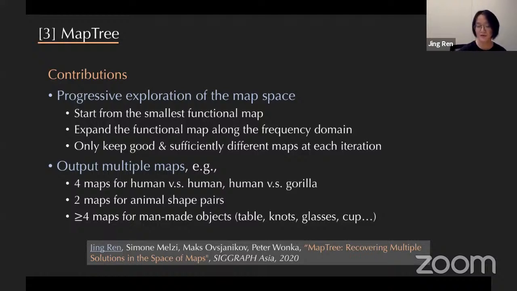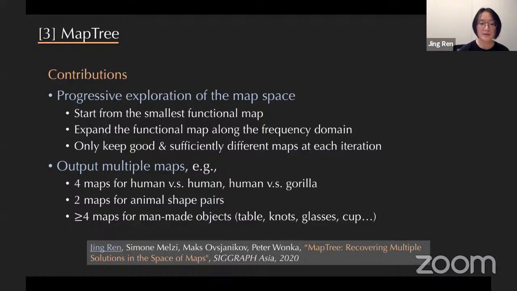We just check if the two functional maps, which are just two matrices, are close to each other or not. So this algorithm just looks like this. As a result, this map tree algorithm can output multiple maps for a given shape pair or a single